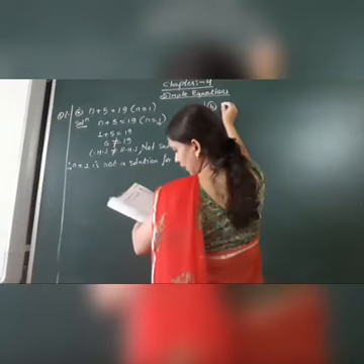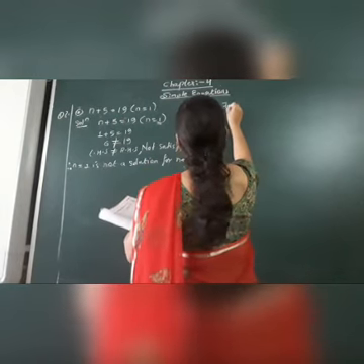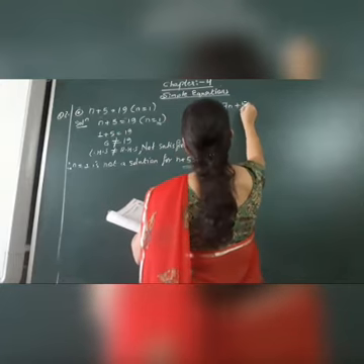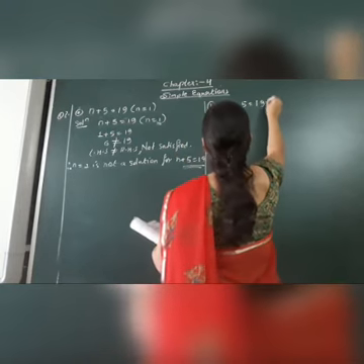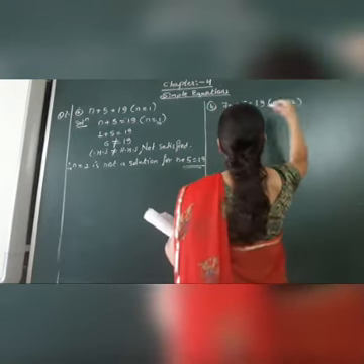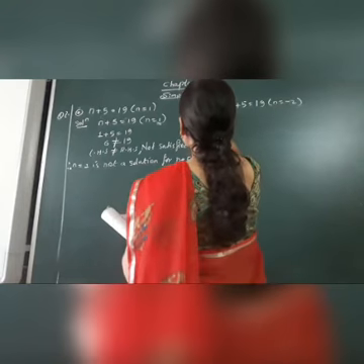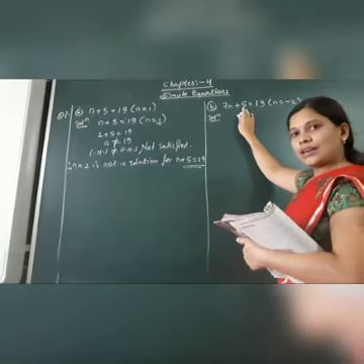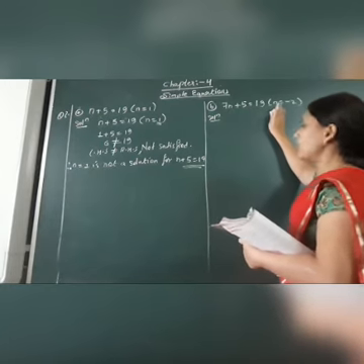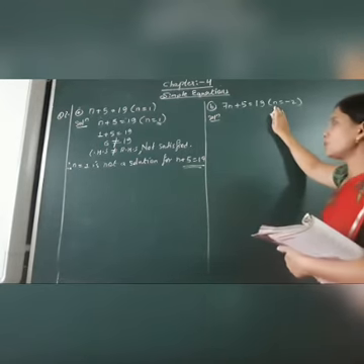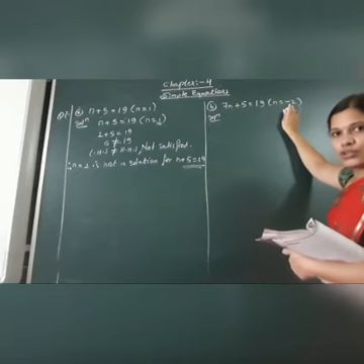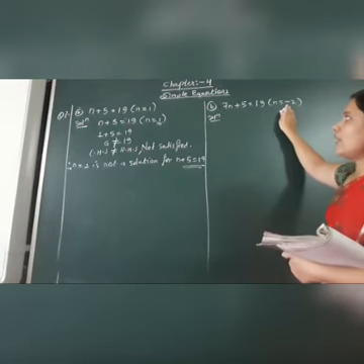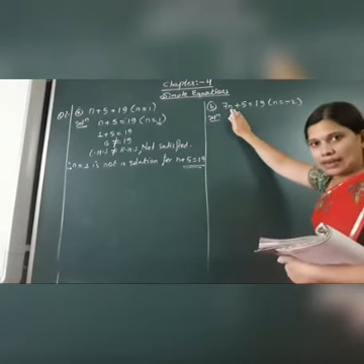Next part, the second part of that question, B part. What do we have in the B part, student? That is 7n plus 5 is equal to 19, where n is equal to minus 2. So what is the equation we have here? The equation is 7n plus 5 is equal to 19. And what is the value of n? We have to substitute that n is equal to minus 2. Where do we have to substitute? In place of n. Okay.